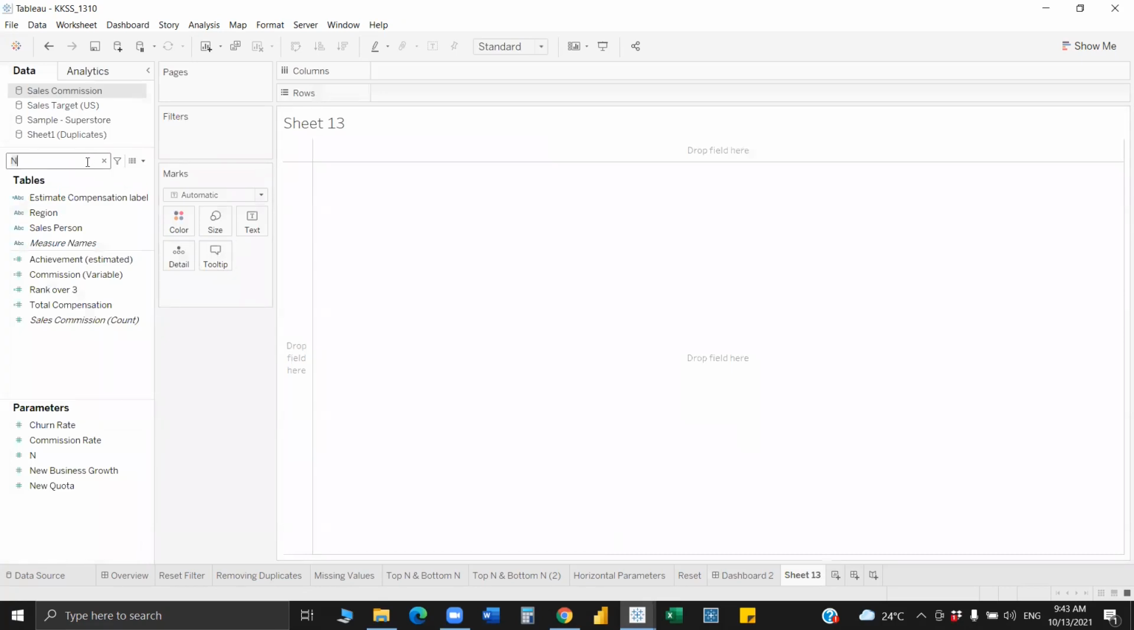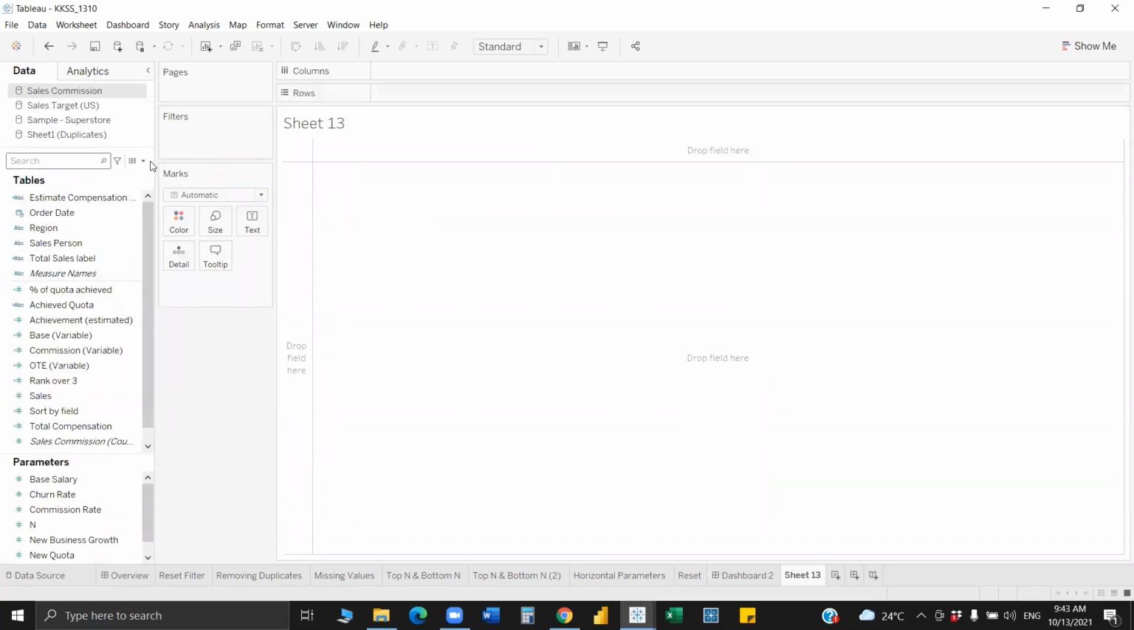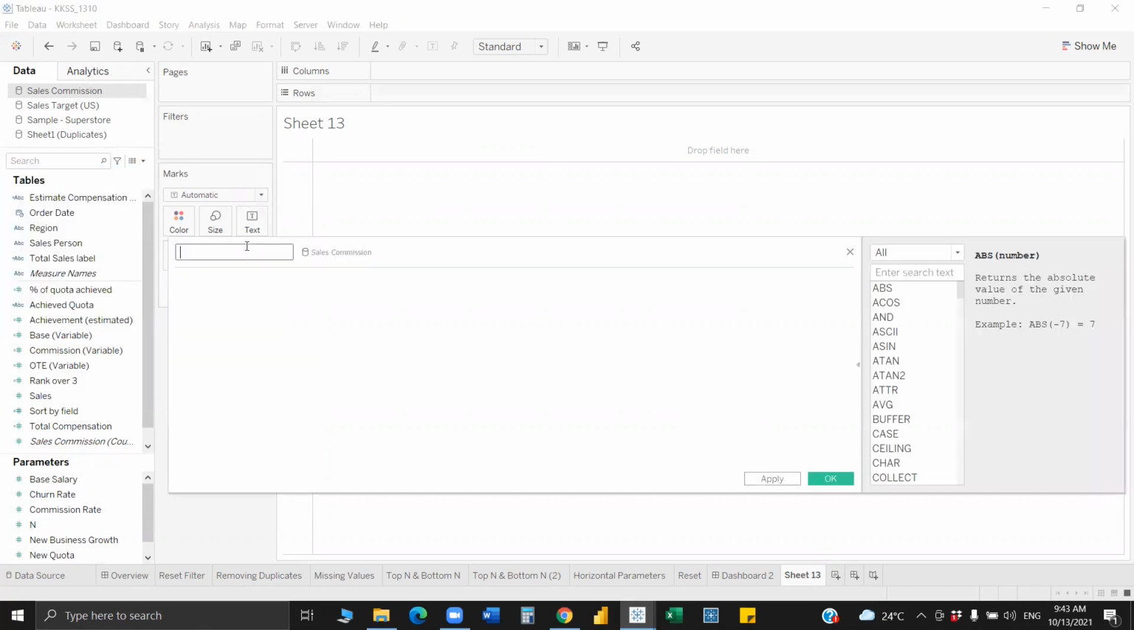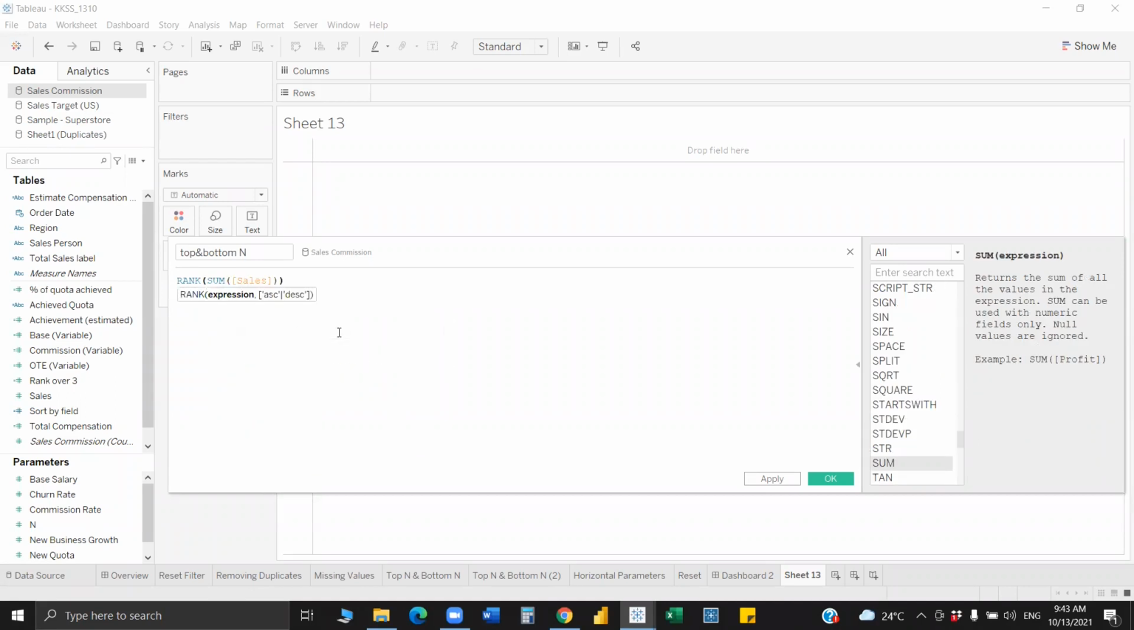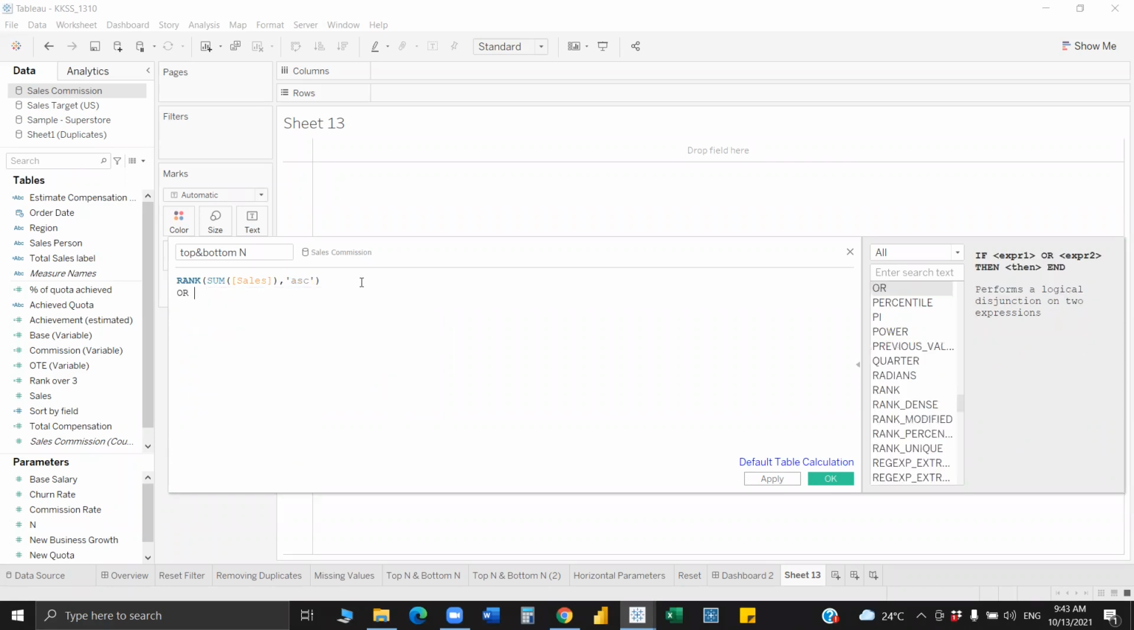Let me clear the calculated field first. So create a calculated field: top, bottom, for rank, sales, path, this one is equal to then